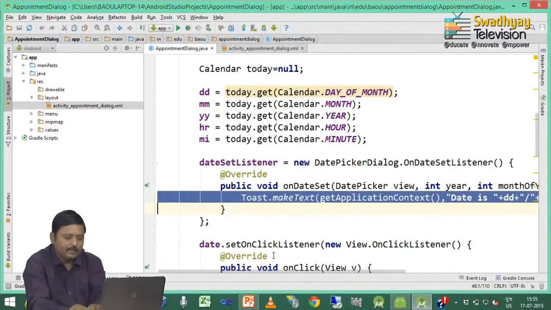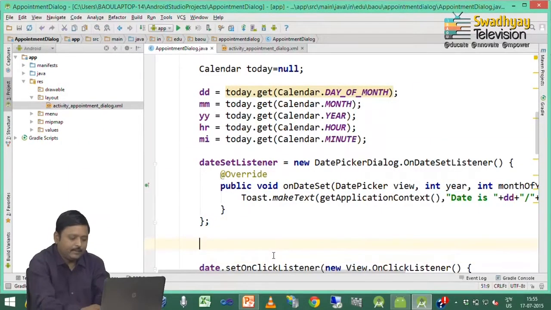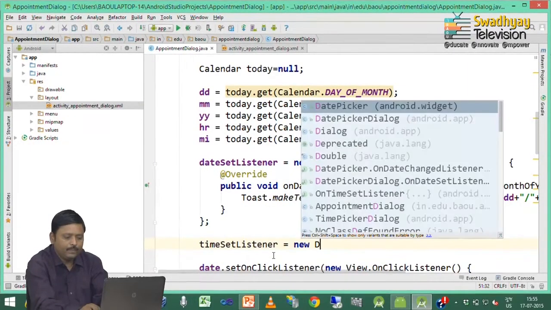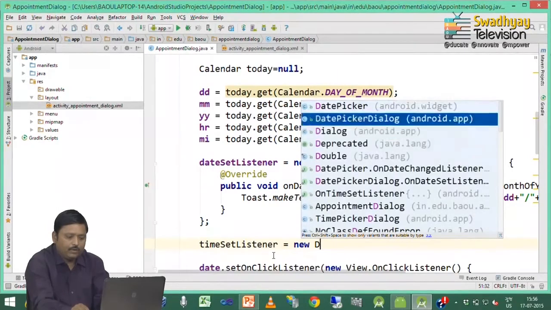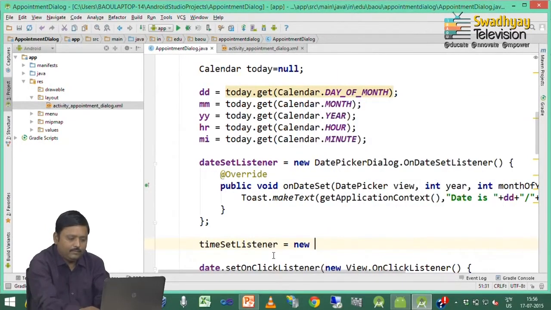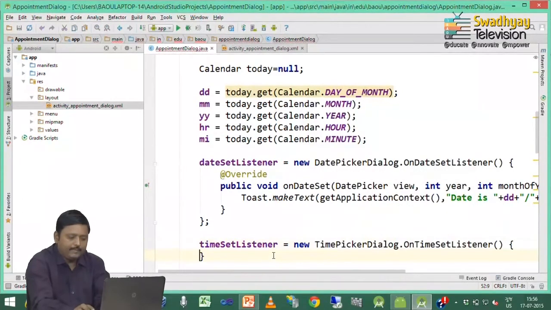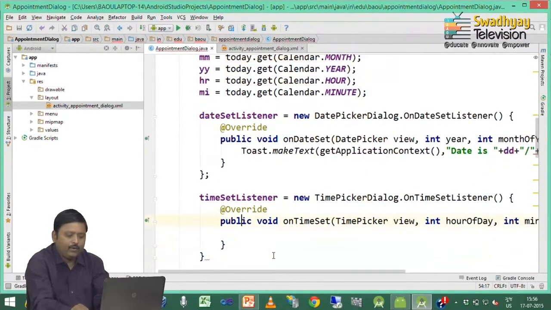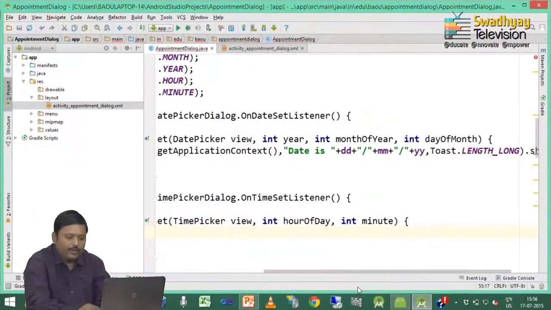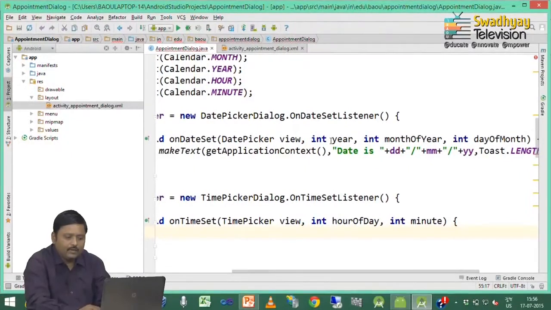Now, likewise we implement the time set listener. So, here I write down timeSetListener is equal to new DatePicker.OnTimeSetListener, and inside onTimeSet I can write down. Here you can also get current year, current month and current day.